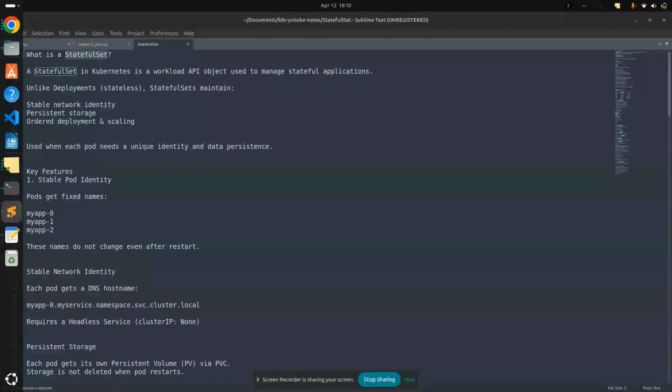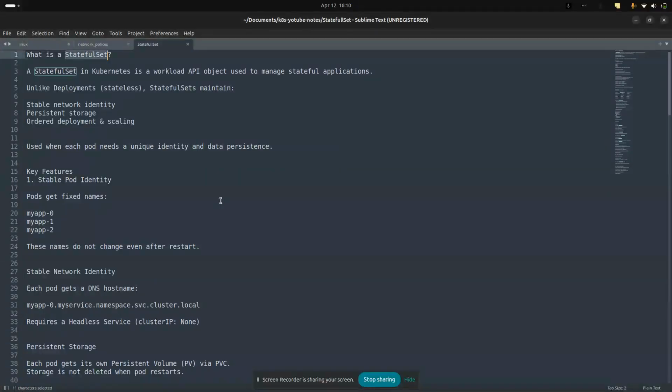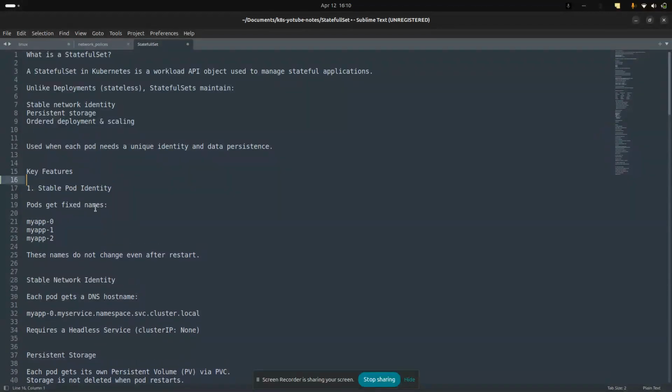Back to stateful set, like what is a stateful set and why we use it, and what are the key features of stateful set. And in the previous video we have discussed about deployment, right? What is the difference between deployment and stateful set, what problem actually the stateful set solves. All these kinds of doubts and things will be discussed here. Okay, to understand this stateful set,